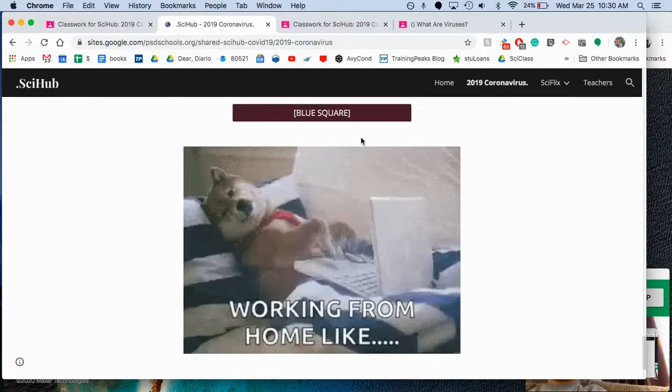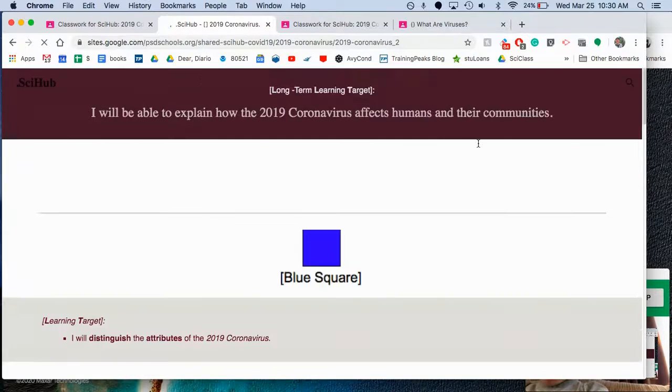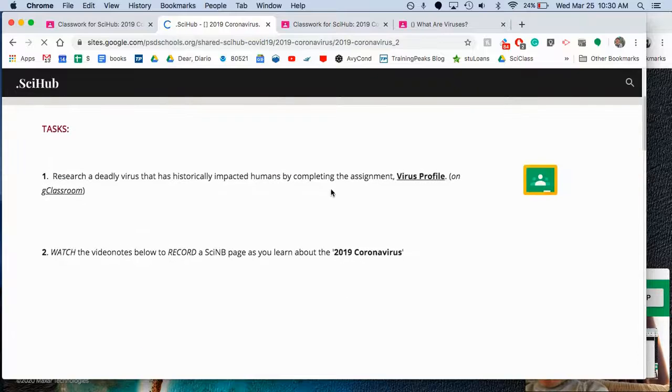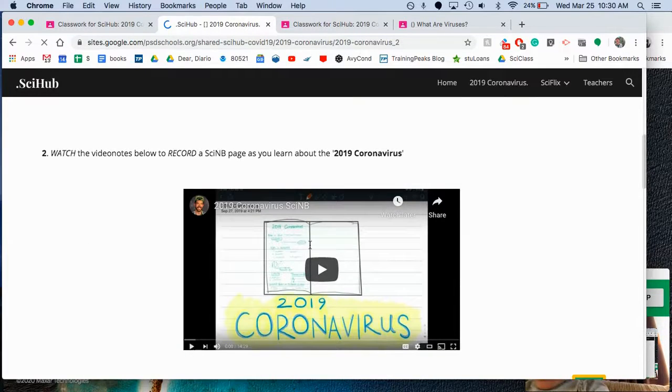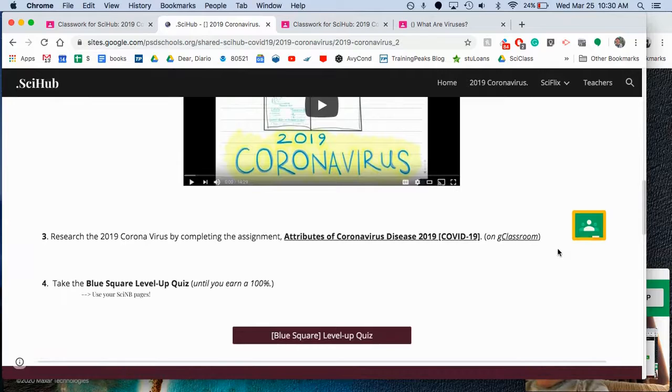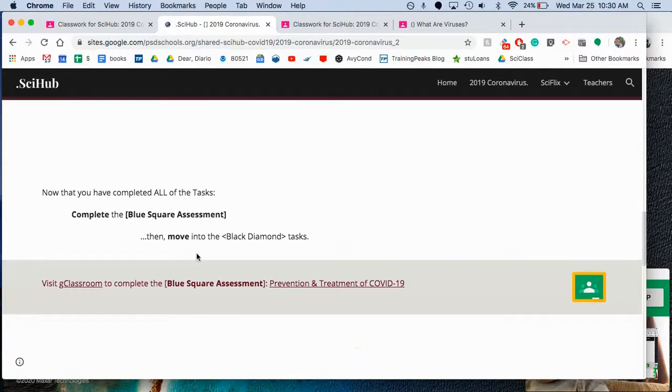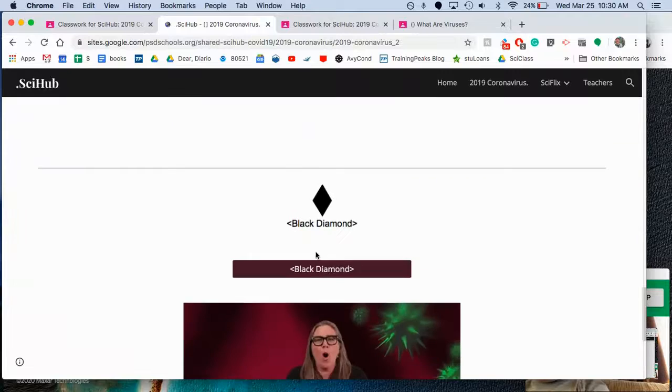Okay, well, let me show you. There's that. So if we go to the blue square, the blue square is going to take us to the blue square page where there's new tasks. And again, it's like a Google Classroom assignment. There's some more notes to take. And then this one is another assignment, and then a level up quiz again. Another like a couple test questions, and then